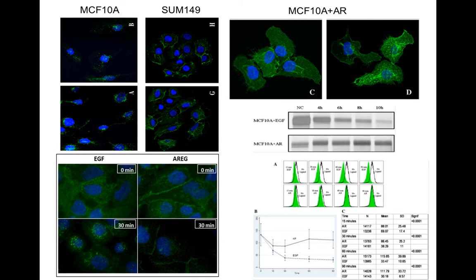But that is not what happens when you give the same cells amphiregulin. Rather, it builds up, it accumulates, and in fact, it accumulates at the cell surface. So we feel strongly that this is a significantly different biology, because the receptor is signaling from a different compartment, and it's living a lot longer. And we know from clinical studies that when you see this sort of pattern of EGF receptor on the cell surface in clinical breast cancer specimens, that's an indicator of bad prognosis, aggressive disease, and poor outcome. We've known that for an awfully long time.